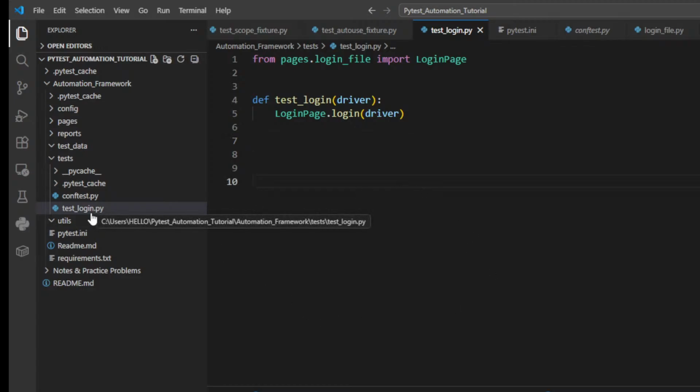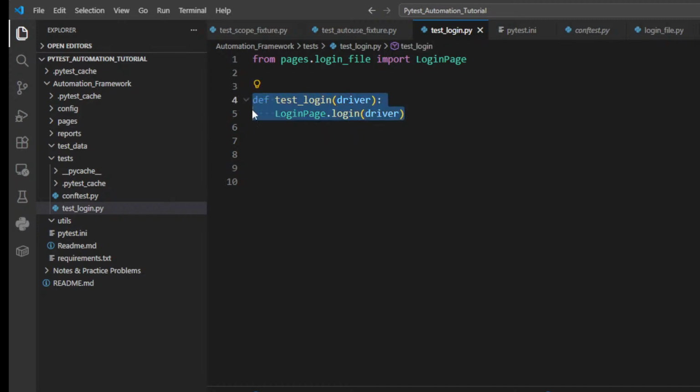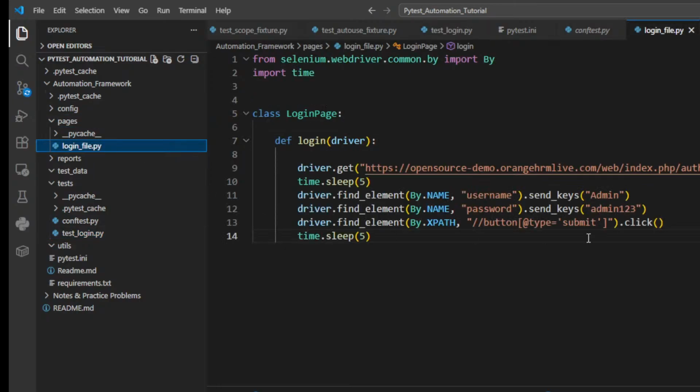Now there can be hundreds of files and pages. We can call any of the files and use the methods that are defined in that particular file, and with the help of those methods, all the page business